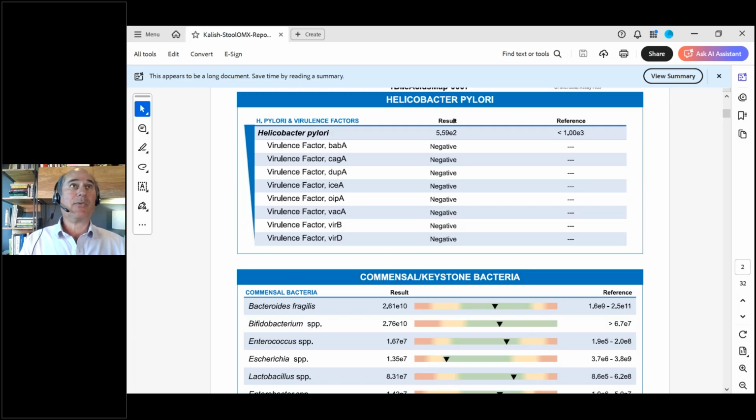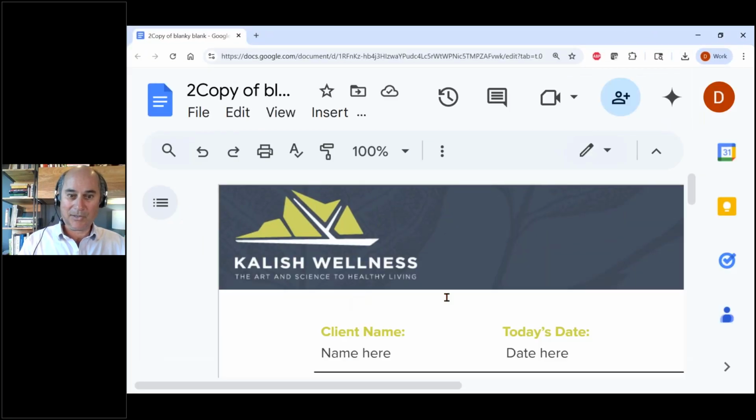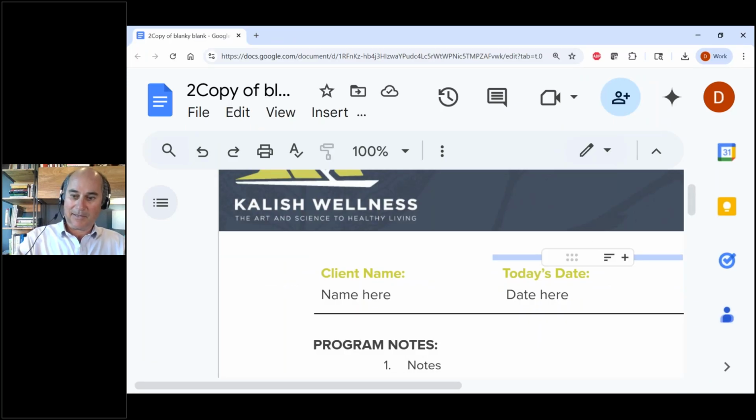Well, let's lay out a program, and I'll do a quick program design here. Now, if you guys were in the mentorship, you'd be doing this all day long with your own cases and actually learning how to do this in real time. It's a lot of pressure to do this in real time, but I think that pressure is good because it forces people to learn. People learn under pressure a lot more quickly than they learn just sitting around thinking about things.